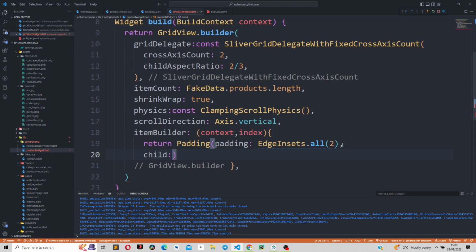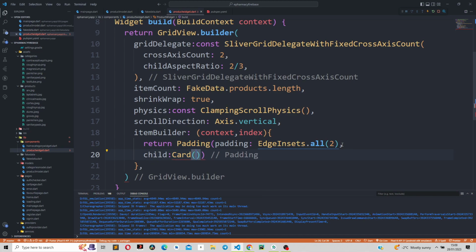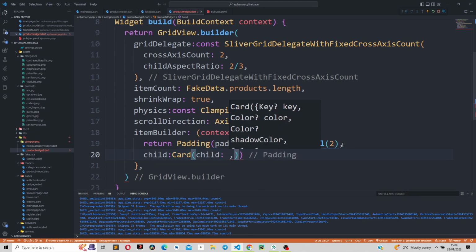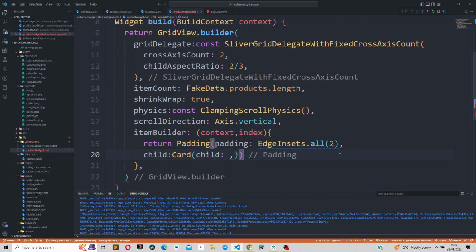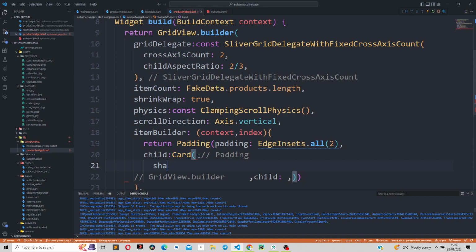And then we are going to provide the child, which is going to be a card. And then the child of the card. And then first we need to style this card. We need to provide it with a shape